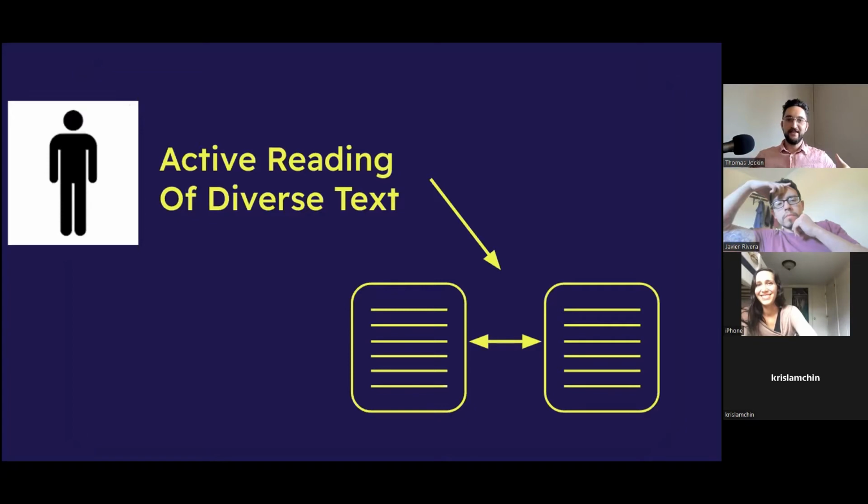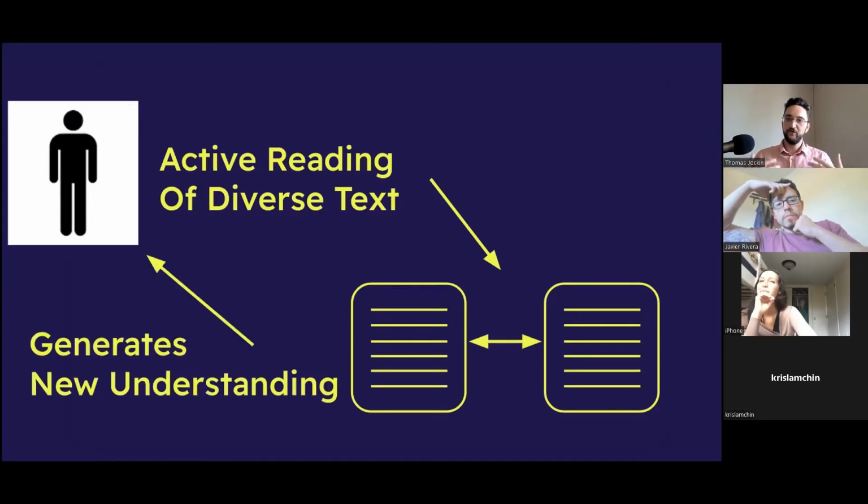So the idea is that in the act of reading diverse texts, there's a generation of new ideas possible. And this is done through, as you can see here, when we talk about effective reading, we have to notice we're not just dealing with passivity. There's an activity that needs to be done here. So there's an active state of reading, where the text needs to be engaged with.